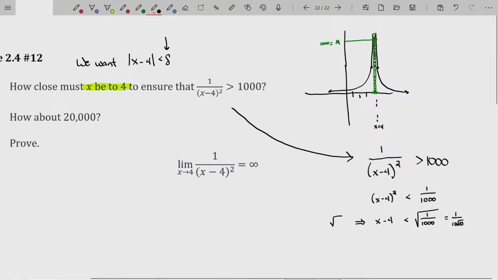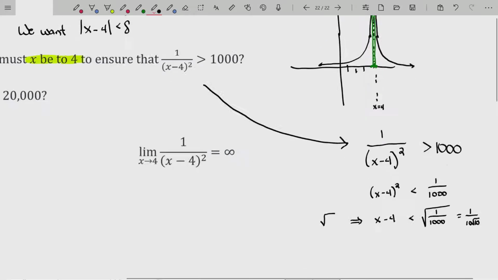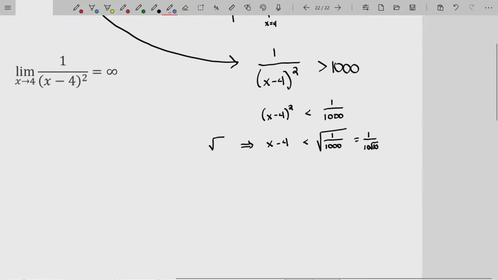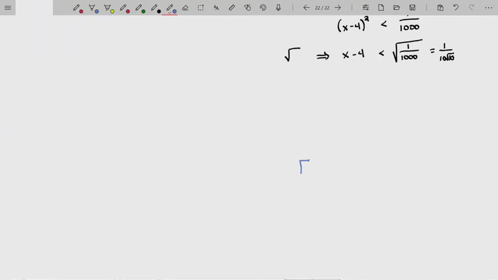We want the absolute value of x minus 4 to be less than some number. Well, this is a little bit of hand waviness here. If I just tell you that we're going to throw on some absolute values, I do need to remind you of something from your algebra course. From algebra, maybe I'll write this down below,